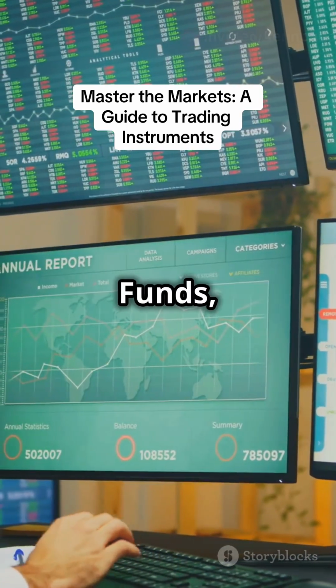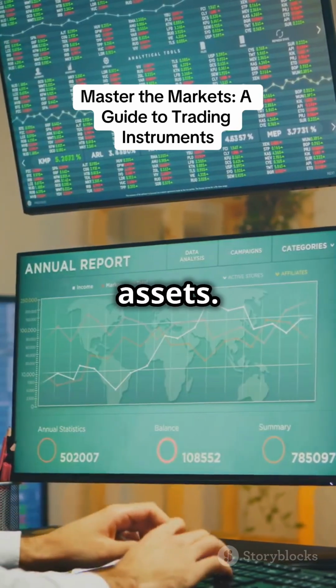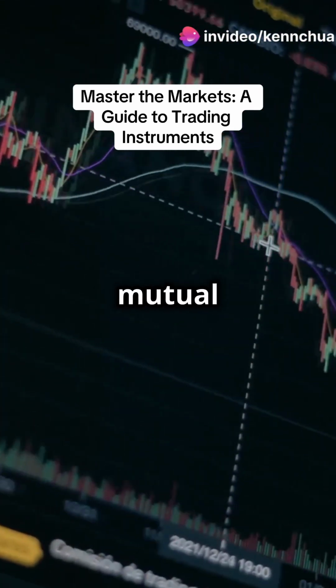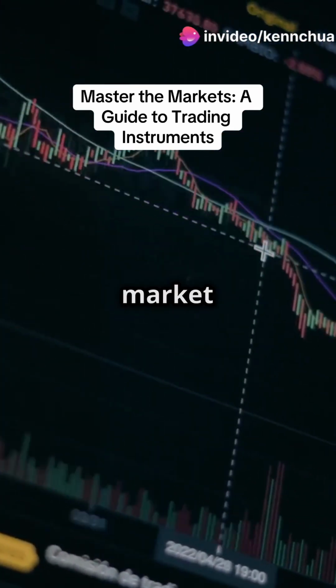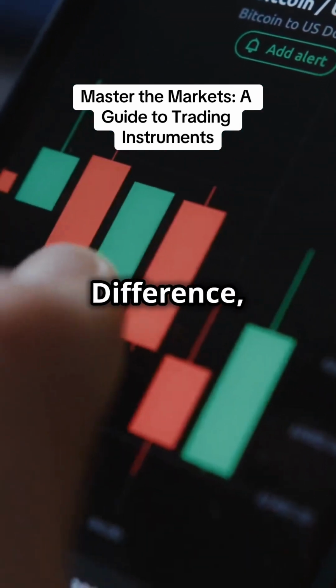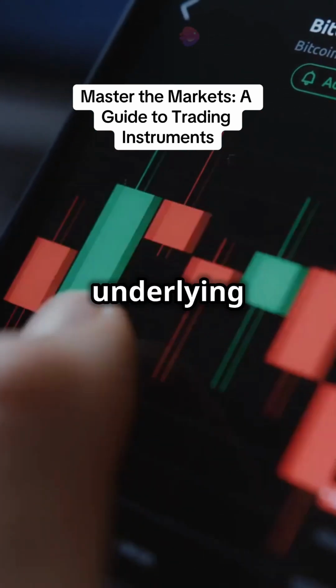ETFs, or exchange-traded funds, are investment funds traded on stock exchanges, holding a basket of assets. They provide diversification, liquidity, and lower fees compared to mutual funds, though they can be affected by market volatility and tracking errors. CFDs, or contracts for difference, are derivative products allowing speculation on price movements without owning the underlying asset,